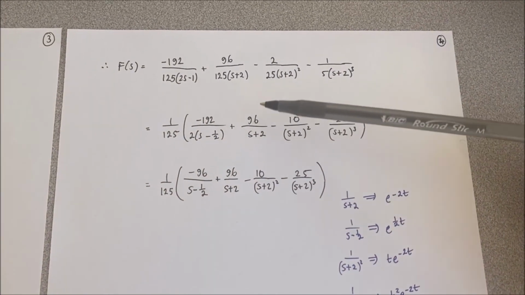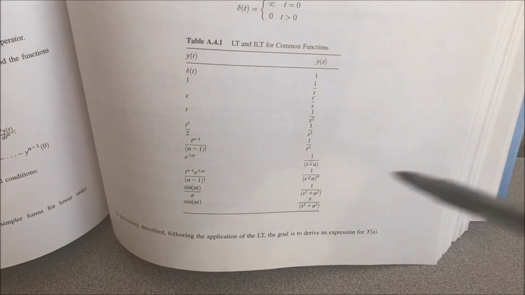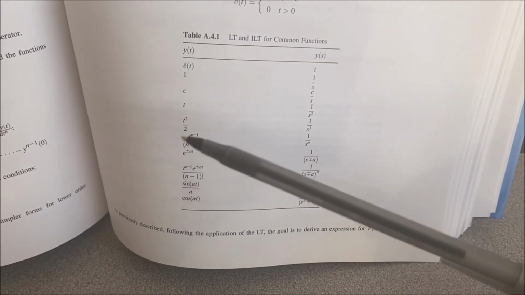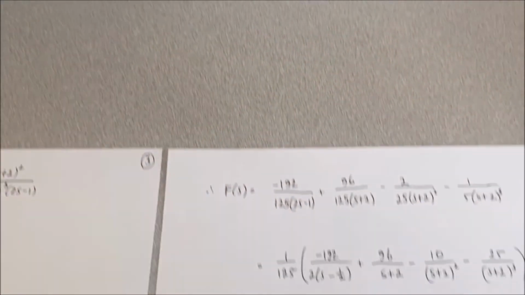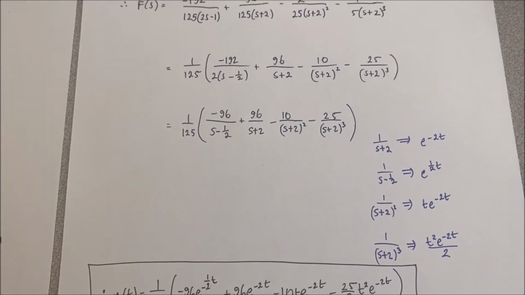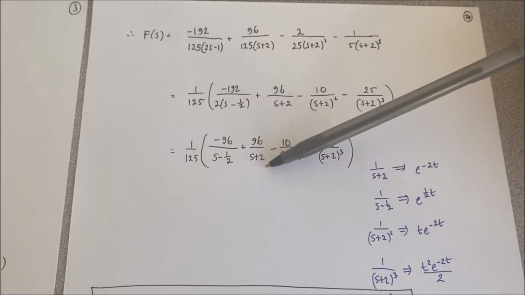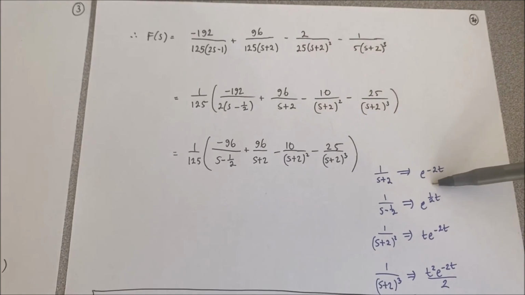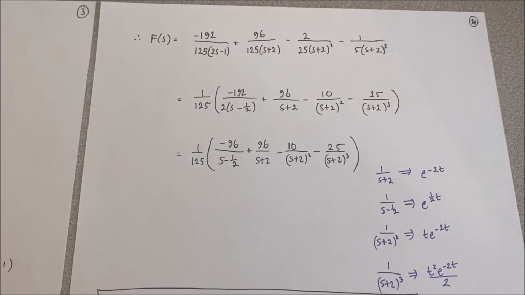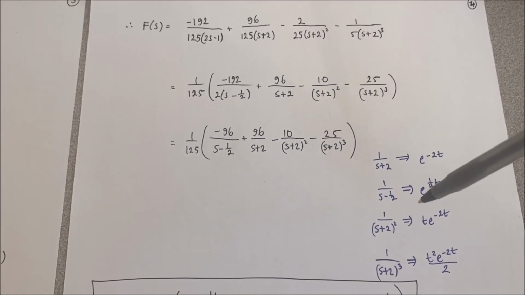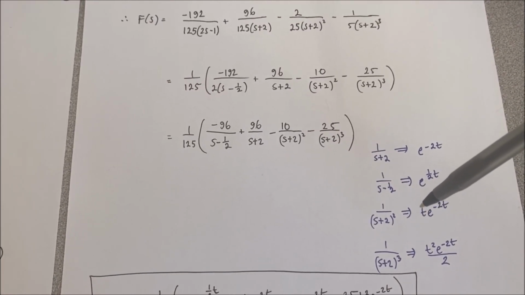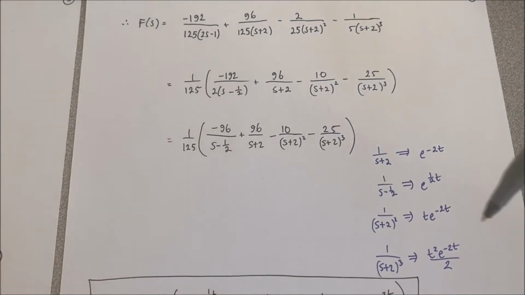And then what I do is I just go back into the tables. So now I'm looking specifically at the right-hand side to convert these functions of s back into functions of t, right? And so I'm looking at expressions of this form here. S plus 2, so the first one, this is just going to convert back into this expression or function of t, and so on. The only difference is here I might get this function of t out the front of my exponential function,